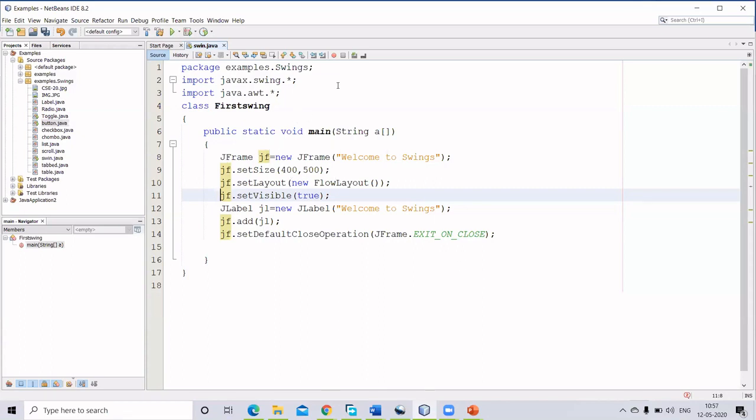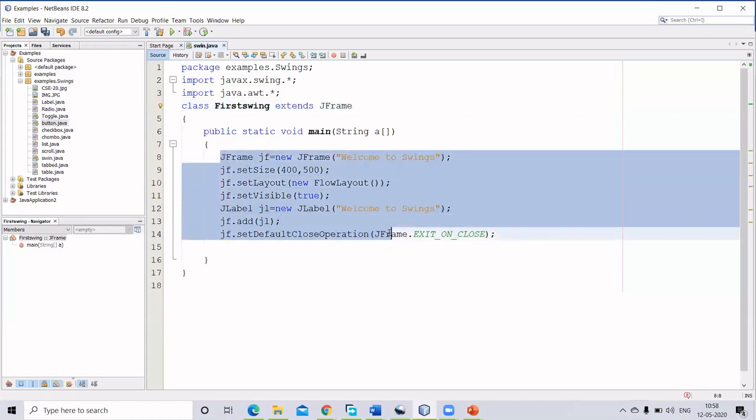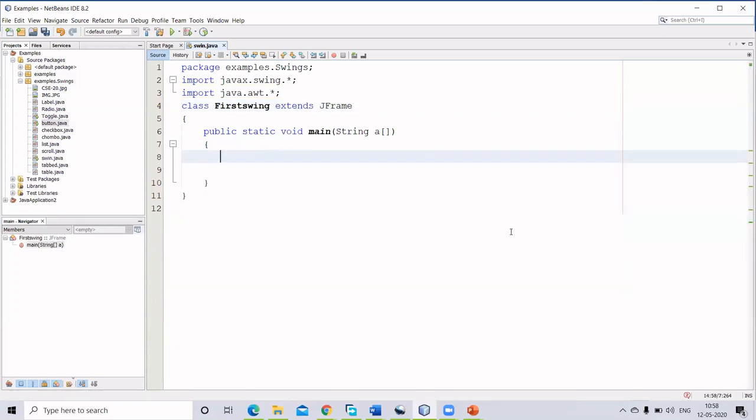Instead of having an object for that, I'm going to extend this class directly. If I'm extending this class directly, I don't want to create objects of all these things. But the problem is I cannot use this inside my public static void main.